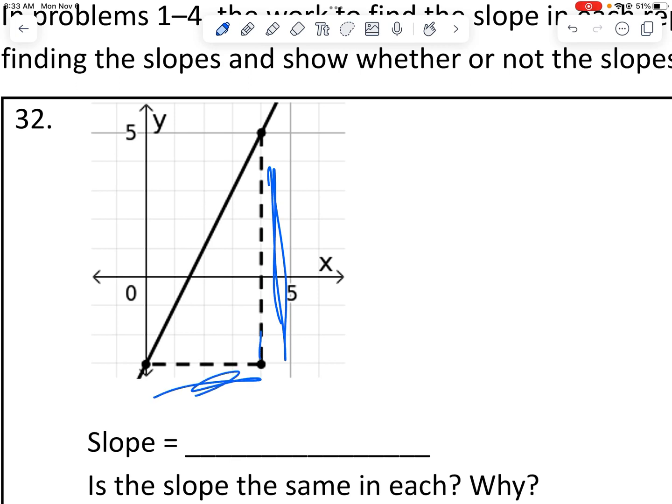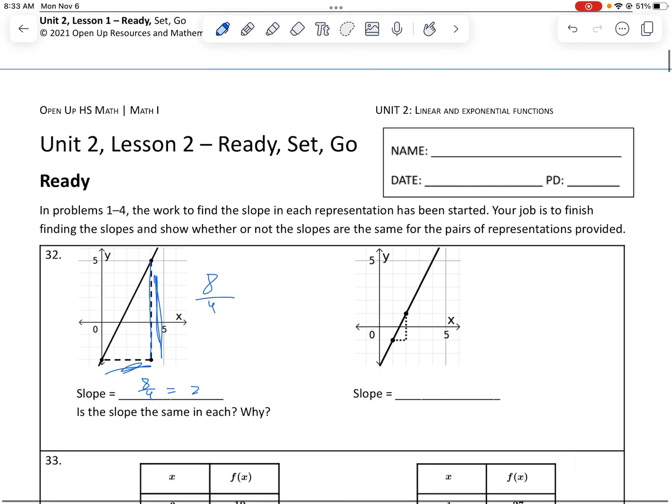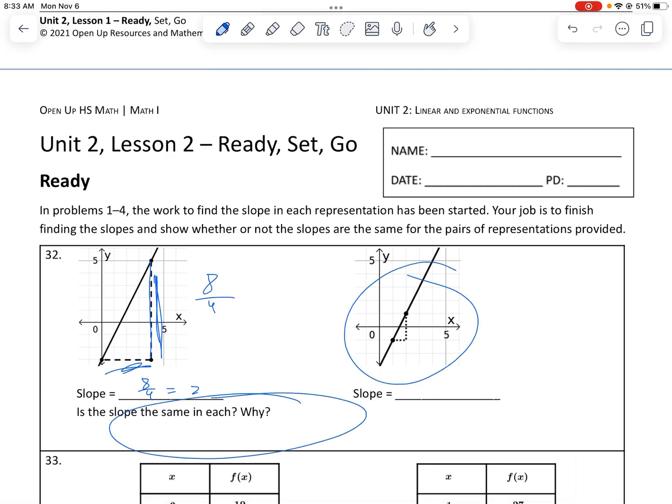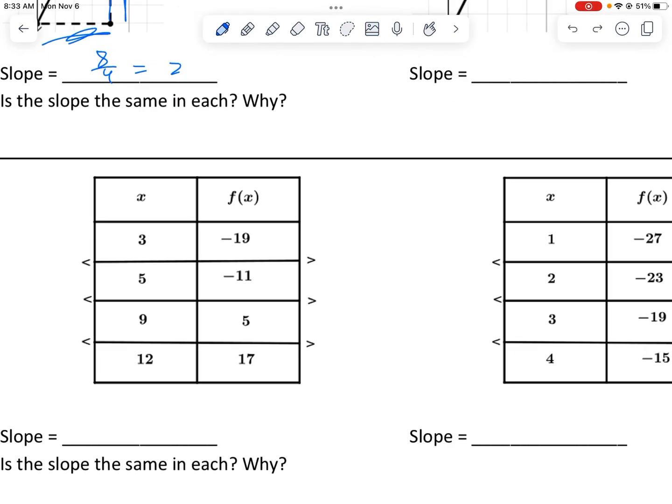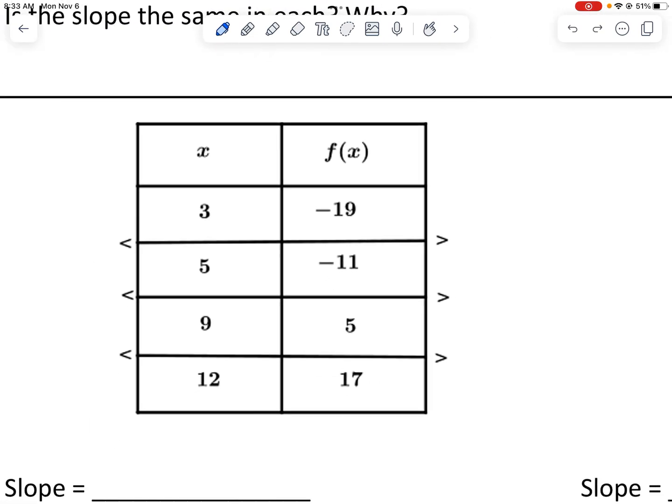So this one here, it goes up 8 and it ran sideways 4. And so your slope is 8 over 4, which does simplify just to be 2. And so you're going to get the same thing for this one, and then figure out if they are the same or not. When you're looking at a table, such as something like this, once again, it's the rise over